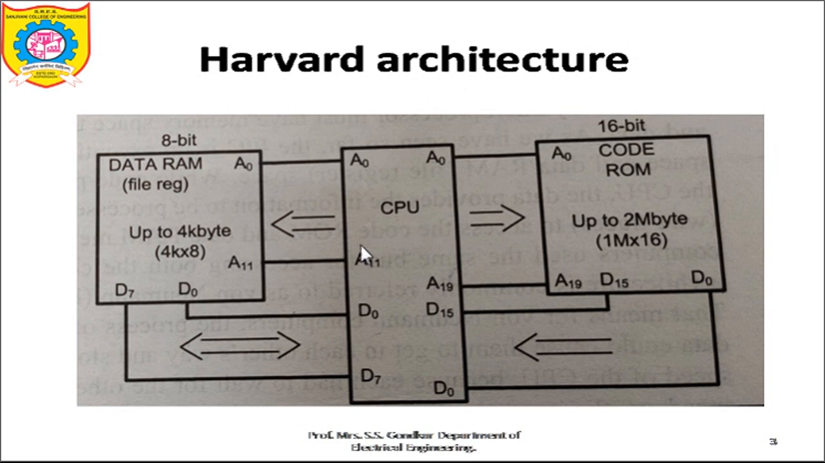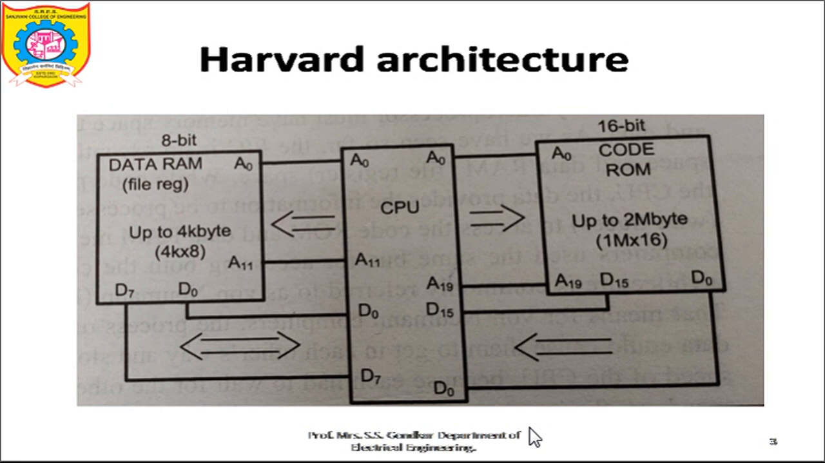So it uses separate buses for the code, that is the program memory. You can see these are the buses, separate ones for the code and the data. From here you send the data, and here is the program memory where the instructions will be stored. So we are saying that the Harvard architecture is going to use separate buses for the program and the